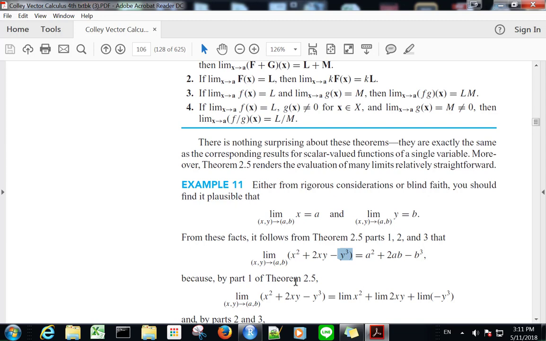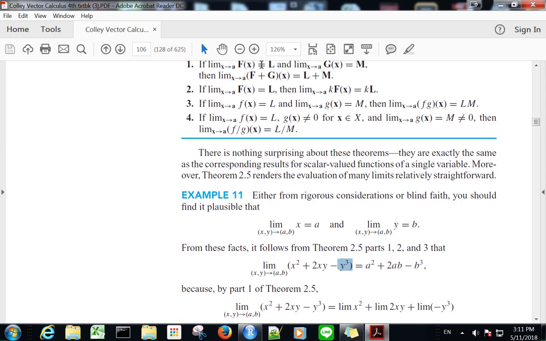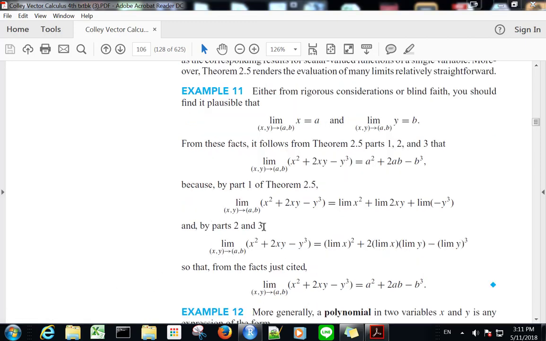Because of part 1 of theorem 2.5, which is the one that says if you have f and g, then the limit of f plus g is equal to L plus m. You can break them up into pieces. And then by parts 2 and 3, now we have this,